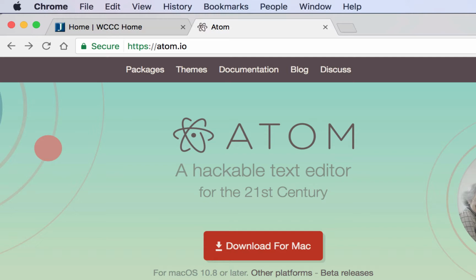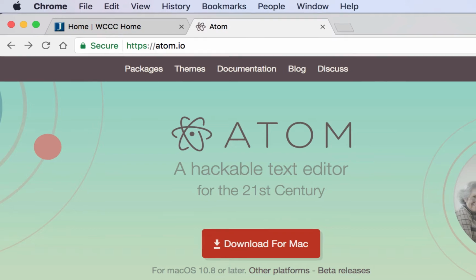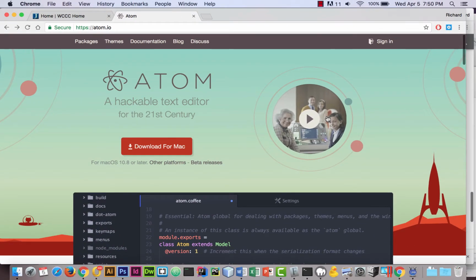This would be the equivalent of Brackets that we've been using in our courses. And I tried out Atom a little bit, and I really like it. It's not a whole lot different than Brackets, but if you want to try something new, you don't have to. I just wanted to show you some things with Atom so you're familiar with it. I'm still learning about it a little bit, so I just want to point out that it's very easy